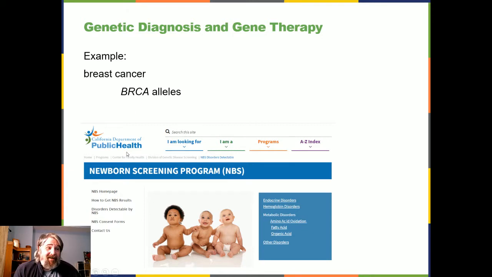The California Department of Health, and I'm sure California is not the only state that does this, this was the one that I grabbed, has a newborn screening program where they'll screen for, among other things, metabolic disorders, endocrine disorders, hemoglobin disorders, various genetic disorders. It's a state level program. And at this point, some of you might want to be genetic counselors at some point, but the result of this is when you find out you have this risk, or you find out a newborn has a full-on condition,